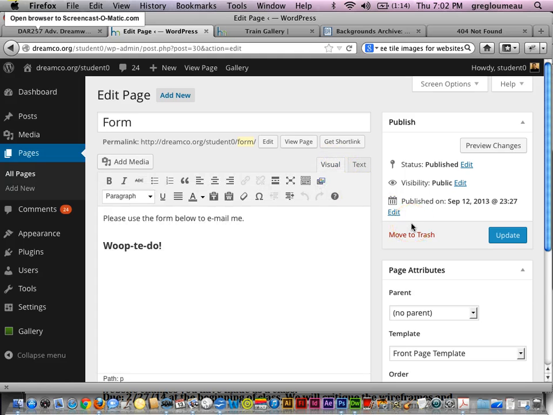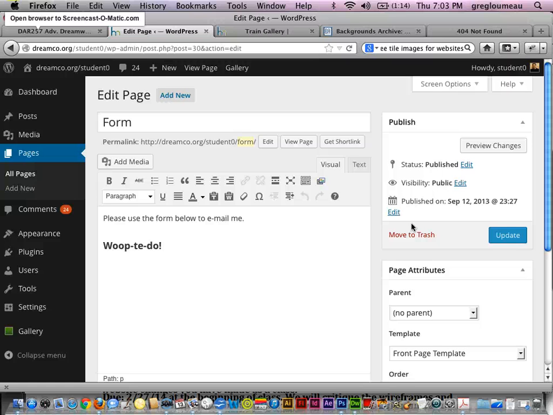Now the text and the visual tabs are used for different things. The text tab is used for HTML coding. The visual tab is basically used for everything else. All these buttons are really useful when you're adding content. There's a bold and italics button. There's bullet points. There's alignment. There's text color. There's an eraser here, an undo and a redo feature, special characters, so on and so forth,